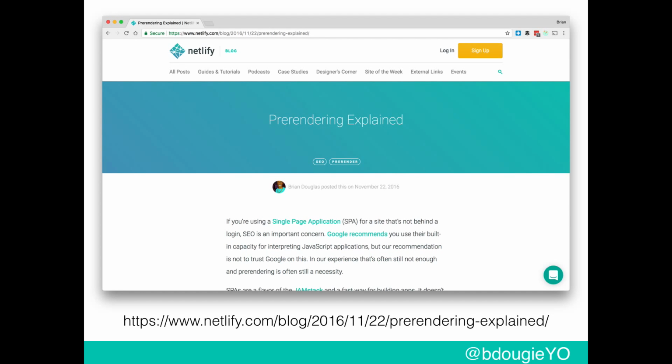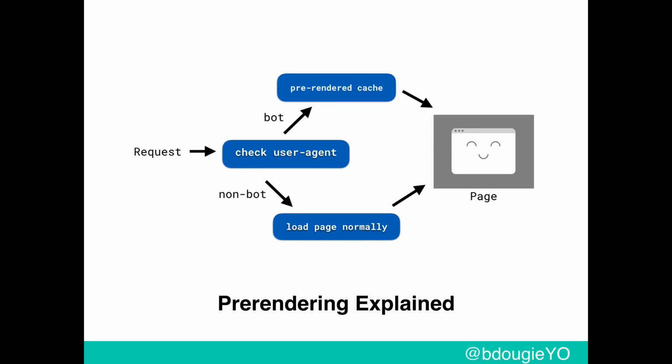I did some self-promotion. I wrote a blog on my company blog explaining how that works. I won't read the blog for you, but this is a little image I built. Essentially, if a web crawler goes to netlify.com or yoursite.com, and wants to get some sort of output back to be able to read it, look through it, and then throw it up in this Google search magic witchcraft, this is the process that happens. There's a bot that basically decides,